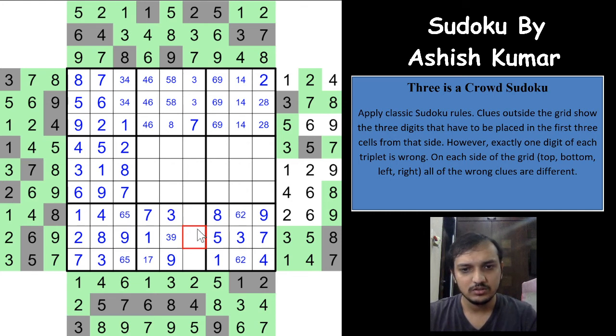Okay, because of the 1, we can eliminate 1 from here and eliminate 3 and 9 from here. The two digits here are 4 and 6, right? So 4 cannot be here because you have already marked the 4 to be wrong, which means a 4 and 6 will have to be here, and the other two digits have to be 2 and 5 in any order because of the 2 and 5 here, which means we can just mark that 2 and 5 in any order, and the remaining digit is 8 here, right?